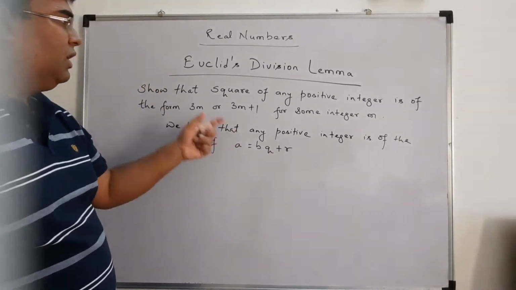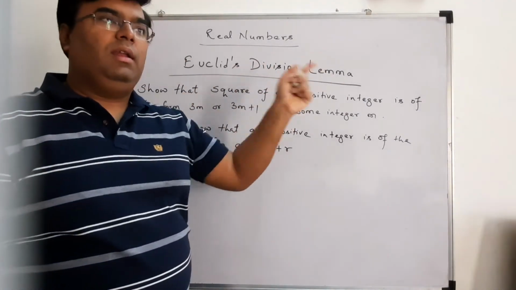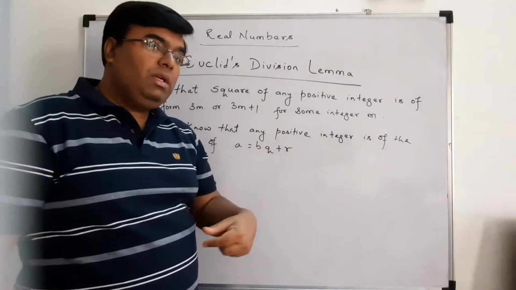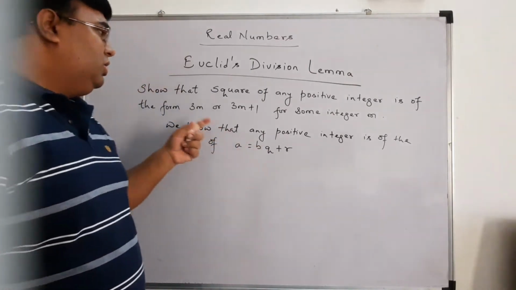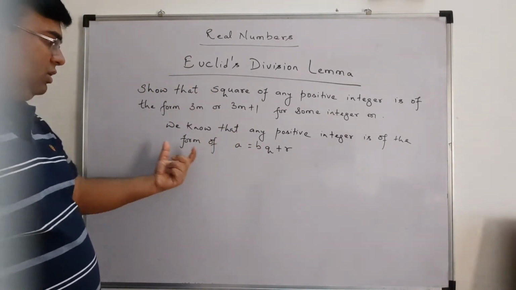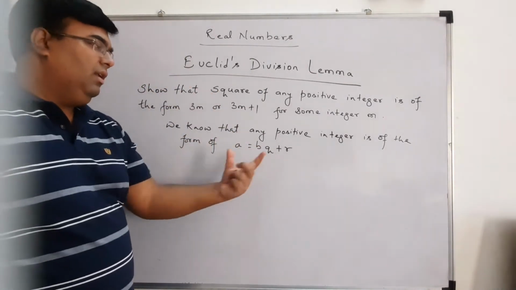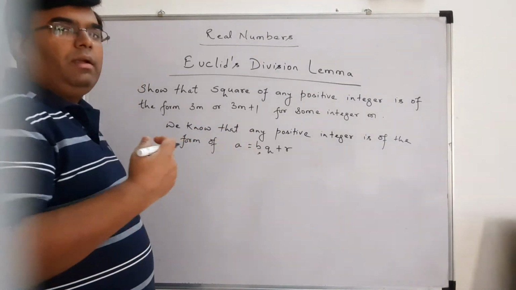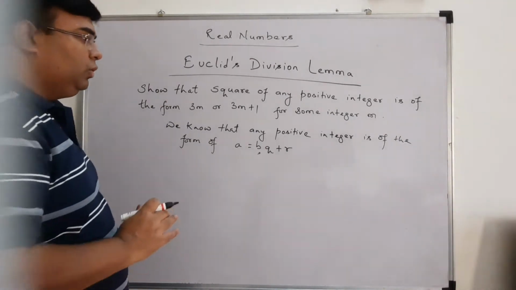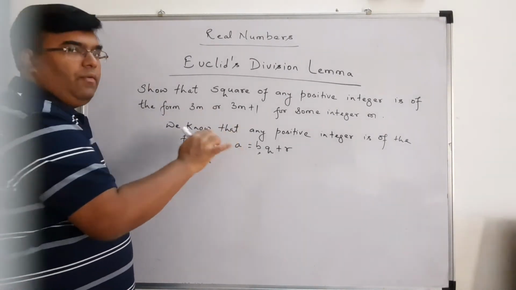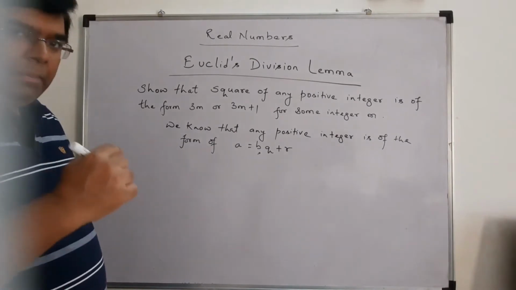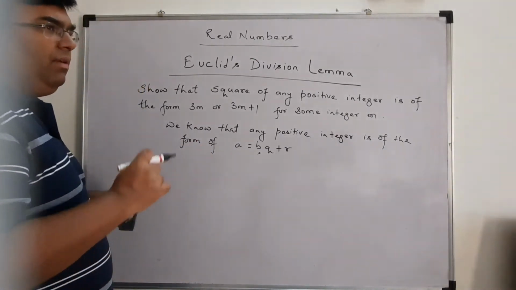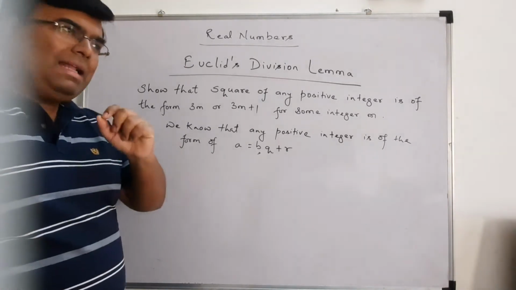What is this? This is called Euclid's division lemma. In the question itself you will get the statement that using Euclid's division lemma, show that all these things. So this is my Euclid's division lemma. Now we are free to choose any b. According to the question, we will choose our b. It depends on the question what b you should choose here.